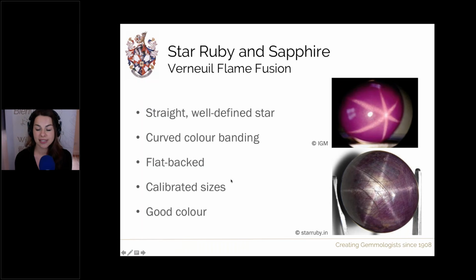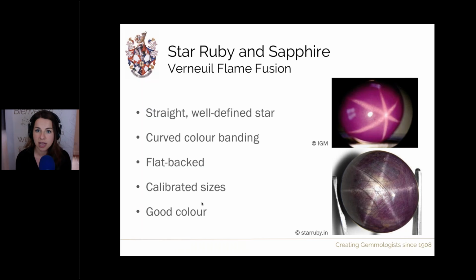Rather than flat backs, these are often left unpolished on the back. The reason for that is these are sold by carat weight. So by polishing the back flat, you are, in a sense, polishing dollars off the back of the stone. So you might find some of them have a curved cabochon at the back, but again, they try and retain weight. Rather than calibrated sizes, these are often cut to whatever the best yield is for the rough gem. And in regards to colour,